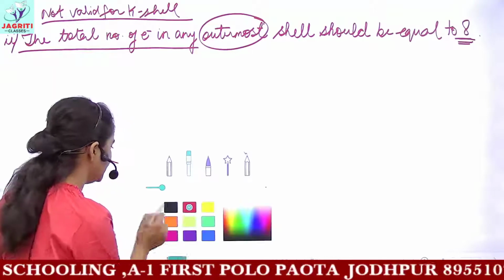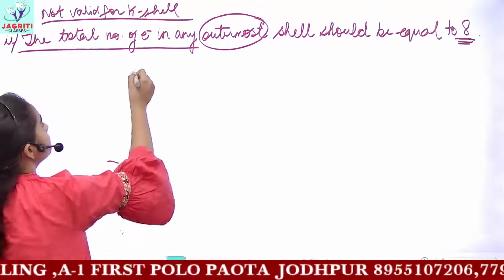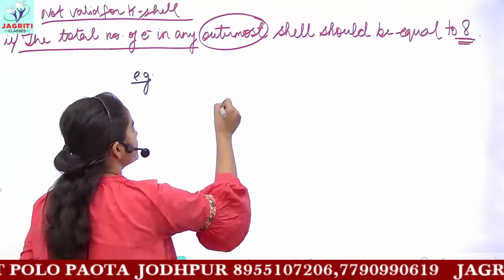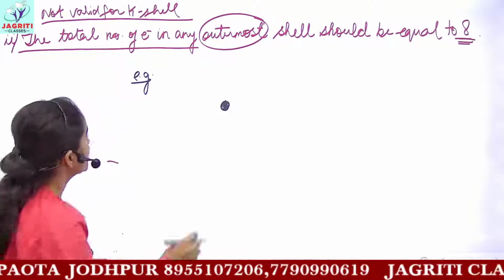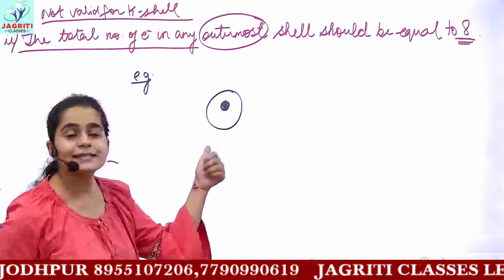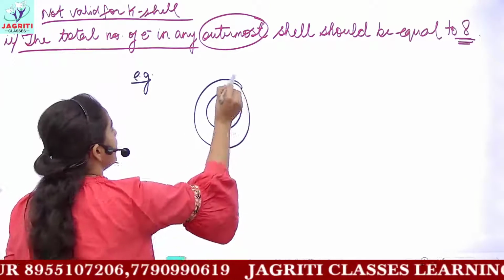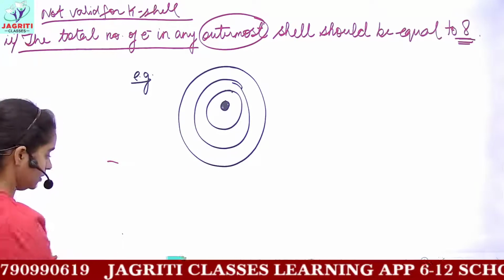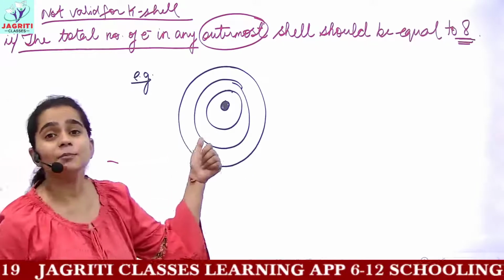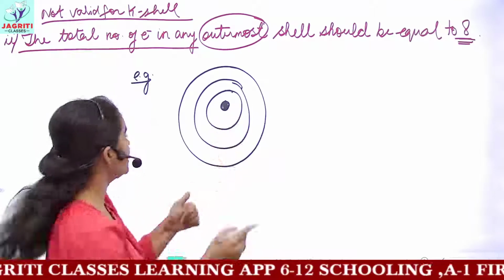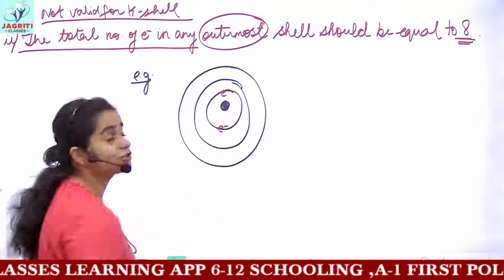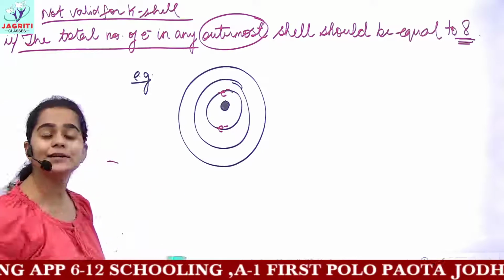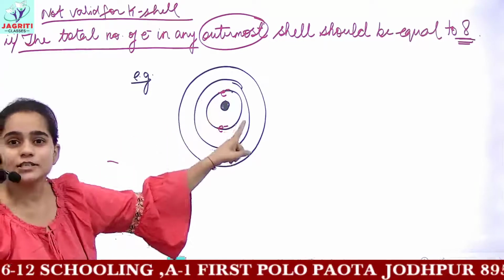Now giving you an example, I think many of you get confused here. For example, if I have any sort of atom, let's suppose this is the nucleus of the atom, then we have the first shell, that is the K shell, then comes the L shell, and then comes the M shell. Okay, this is the K, L and M shell. According to our rule, the maximum number of electrons which can be accommodated in the K shell is 2 electrons. So I draw 2 electrons in the K shell. You can also draw electrons with the help of dots. You can put dots instead of electrons. So these 2 electrons are present in the K shell.